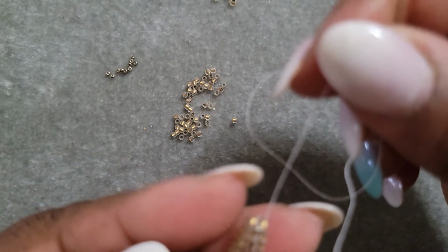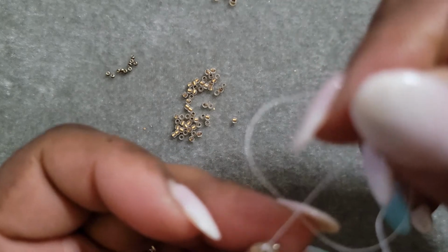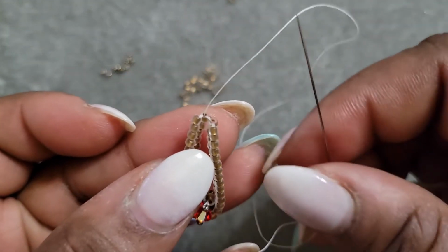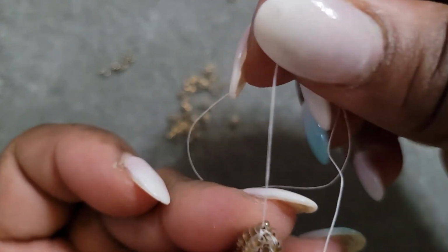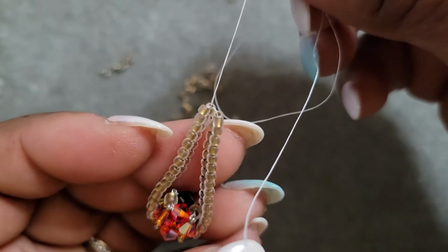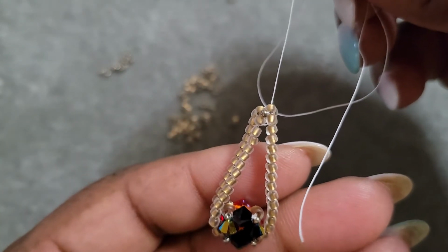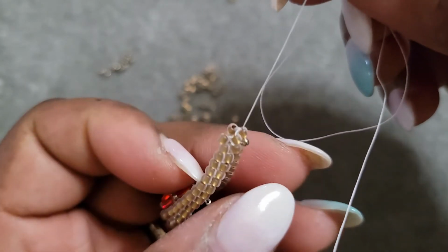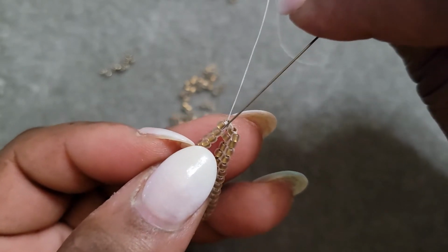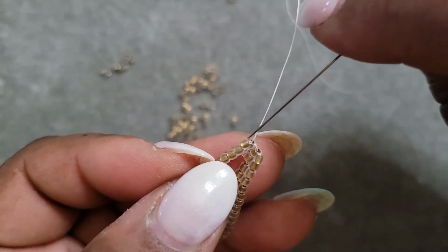And now that I'm here, I'm going to turn my work, and I'm going to do the same exact thing that we just did. My needle is exiting. Now that I turned it to face me with the fire opal facing me, because the last time I did it with the jet facing me, I'm going to do the same thing I did on the other side. I'm going to pass down the front 2 seed beads,